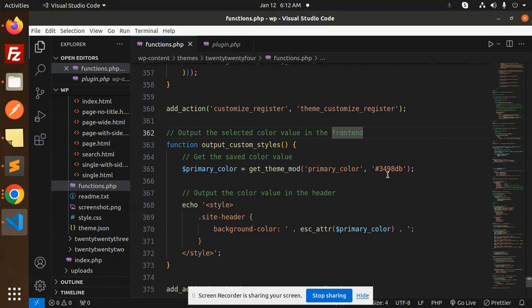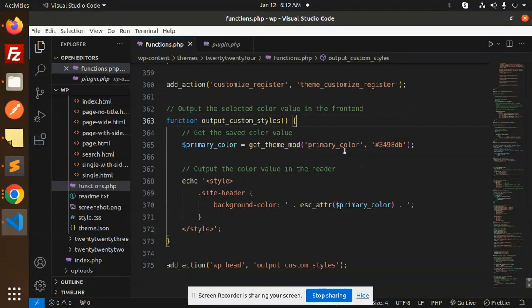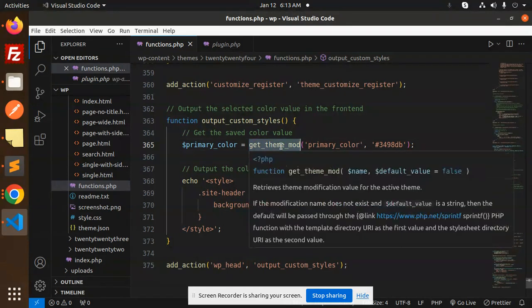end. Okay, so how you can get this output is like this: get the saved color value, get theme mod primary color. Okay, output the color value in the header like this, site background or something, so you can output like this color. Okay, and add action wp. So wherever you want to add it, you just need to make sure you can access the variable